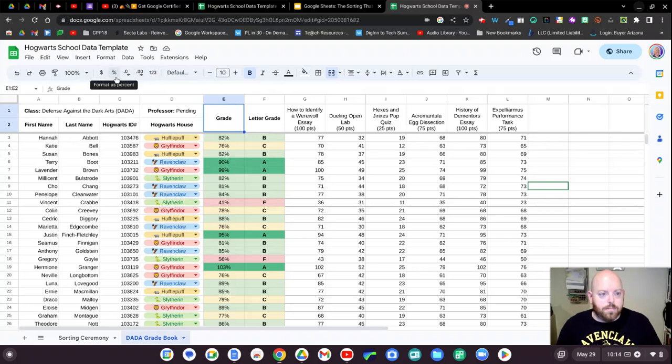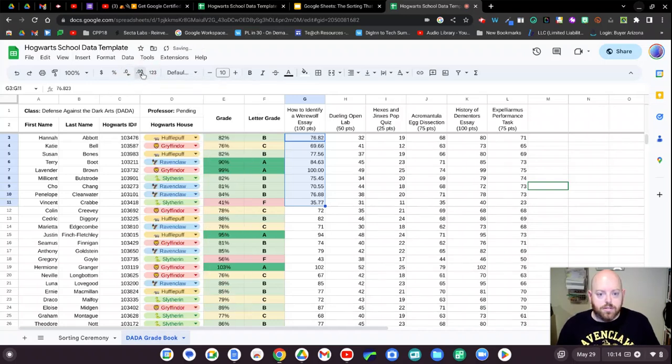So you see a dollar sign, percentage, and then decimal increase or decrease, and then what kind of format you want the numbers to be in. So these are all for numerical data. If you are working with numbers like we are with the point values of these assignments, this is where you would say a certain range of cells needs to be formatted as currency, as percentages, or if you have different percentages. So when I enter these grades, these mock grades here, you'll actually see that